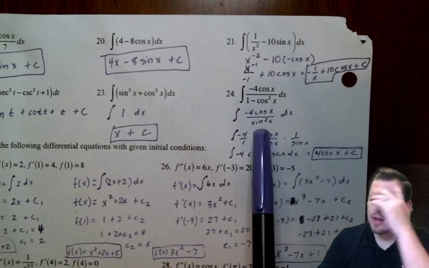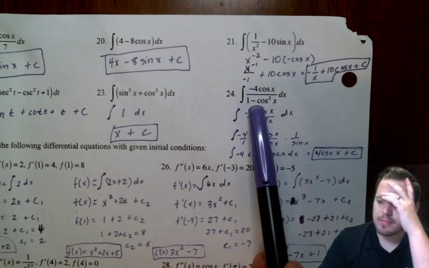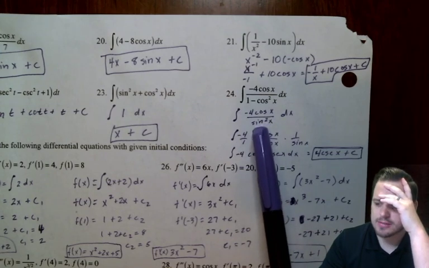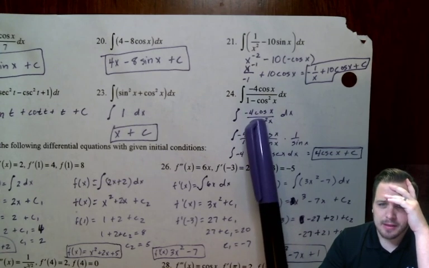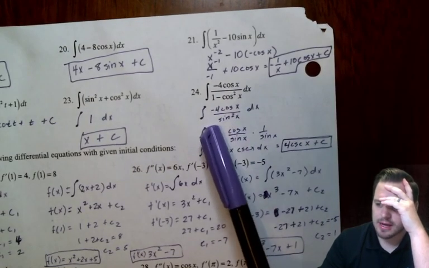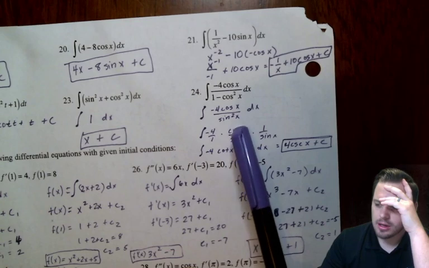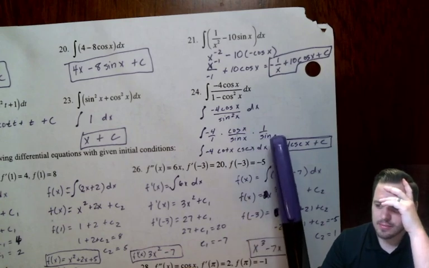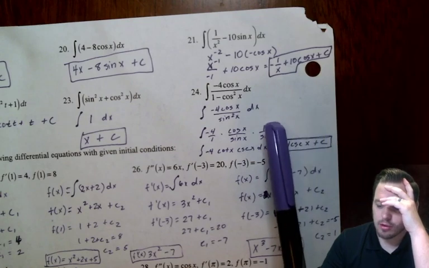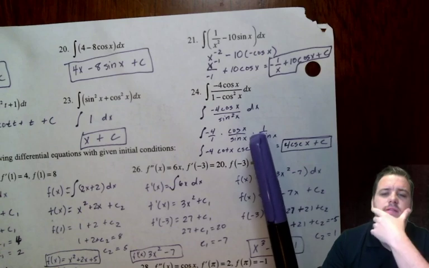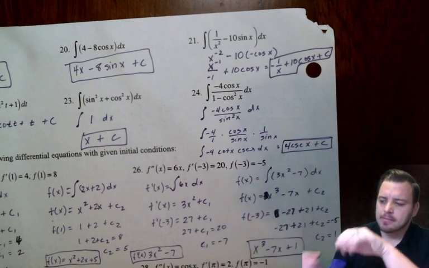So I know that this whole 1 minus cosine squared x is actually equal to sine squared x, Pythagorean identity. And then the numerator stayed the same. But then I split it up into 3 problems. -4 over 1, cosine over sine, and 1 over sine x. The sine squared x can be split up into single sine x's. Then from there,